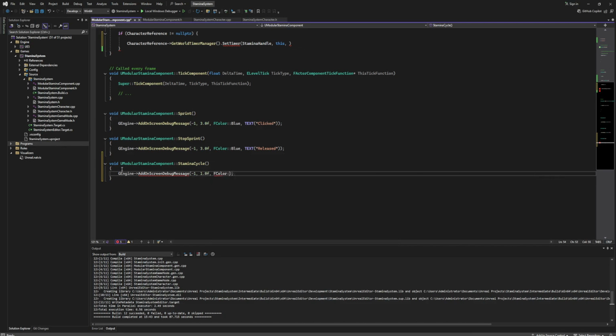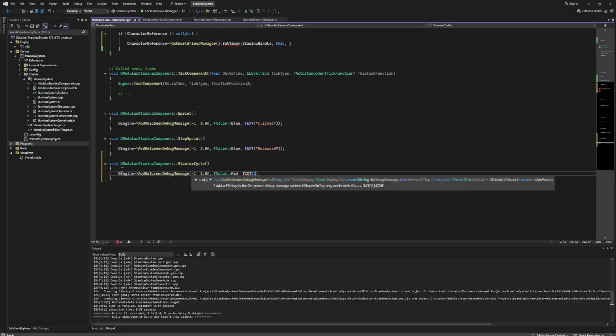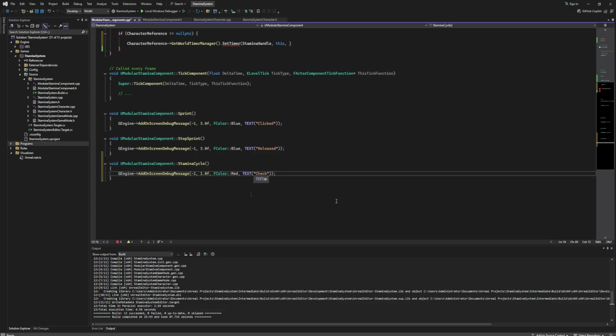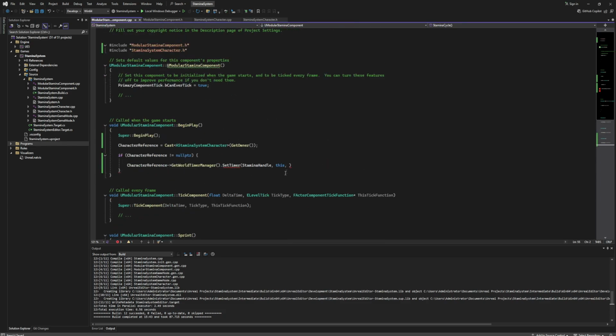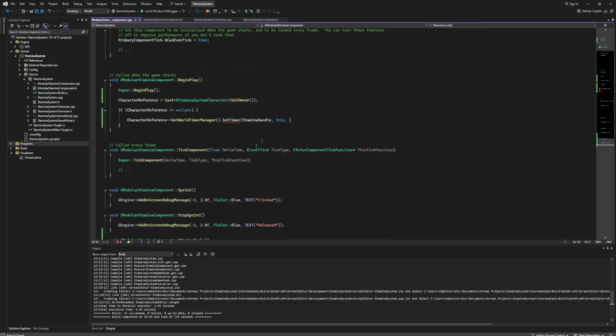Color will be red, and text will be maybe check, why not? So I want to show you how our timer is actually working,